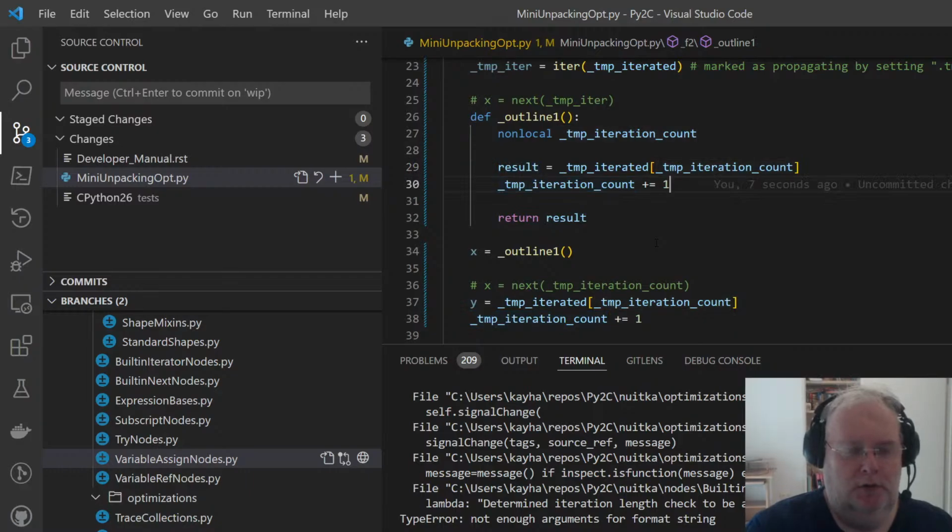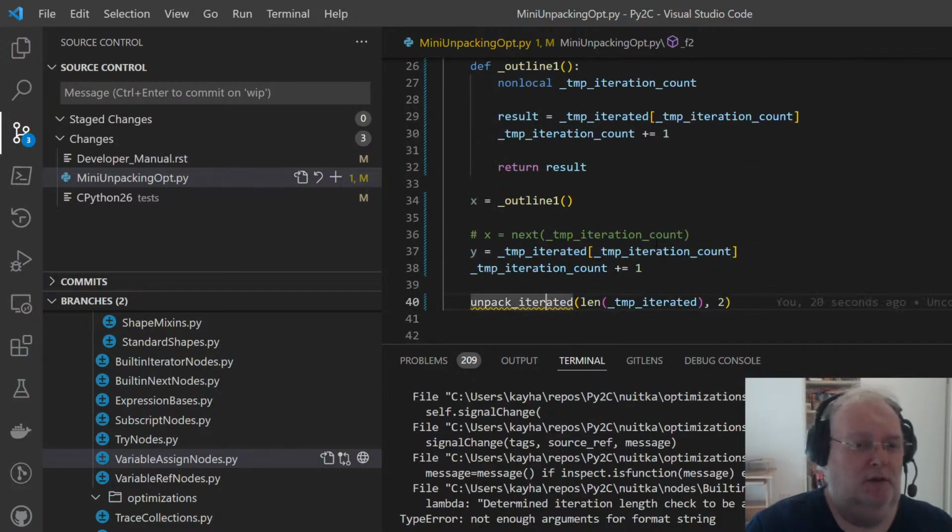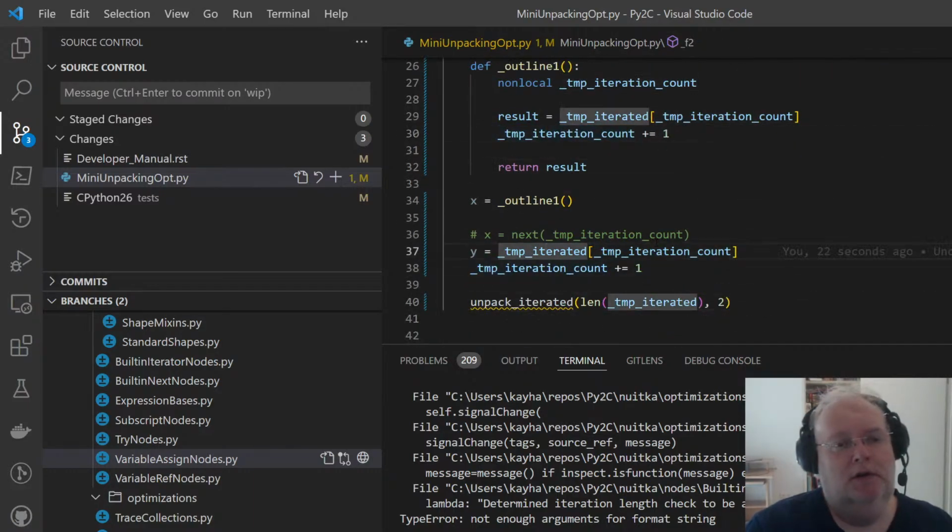We increase it afterwards. For the last one, this is going to be optimized away, in which case it is going to be optimized into that, and the last outline is going to be removed.